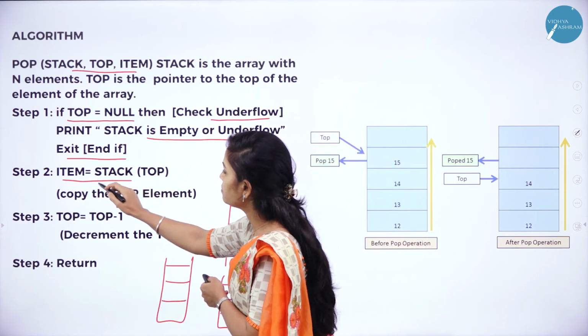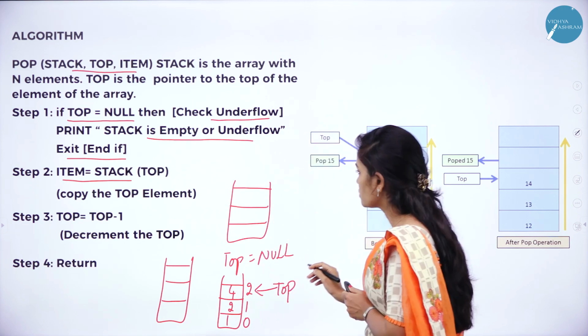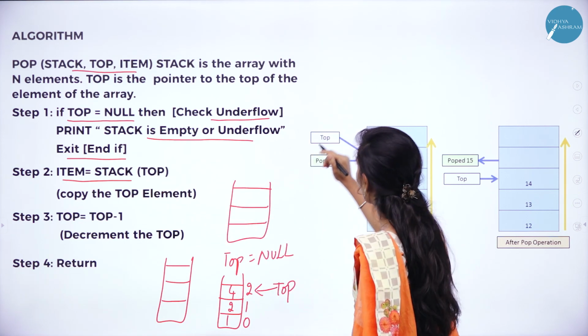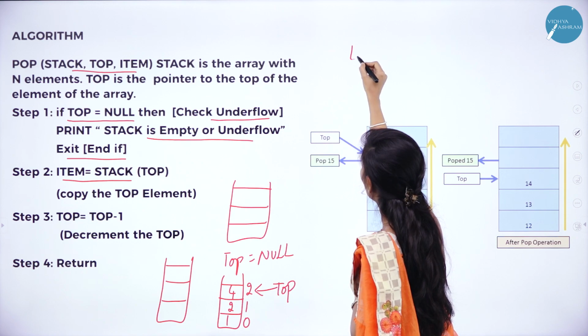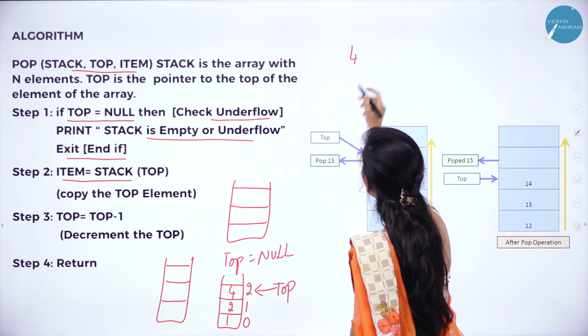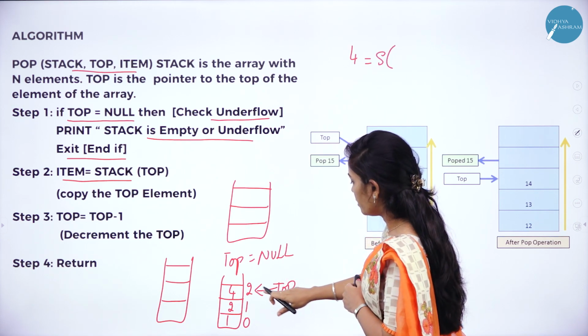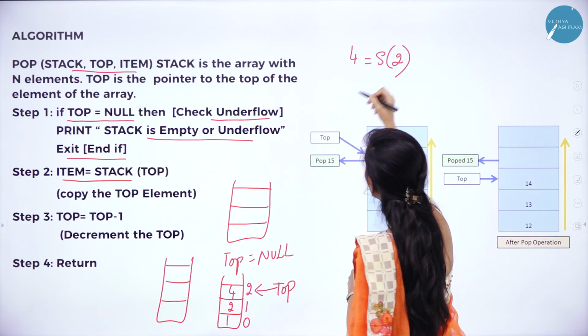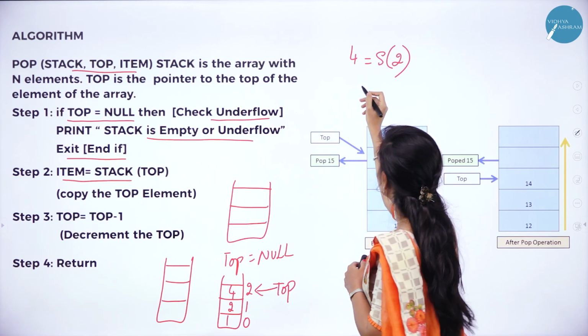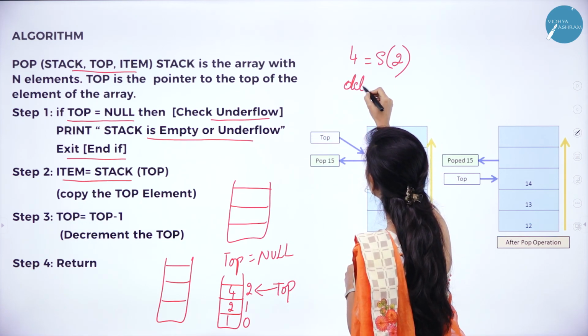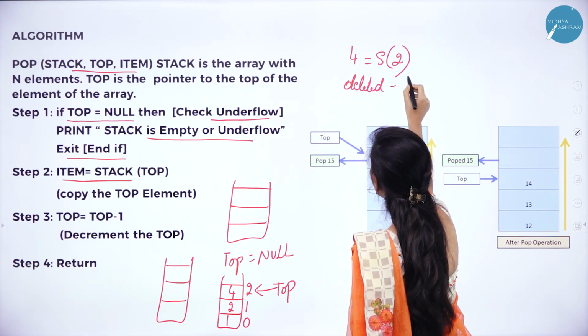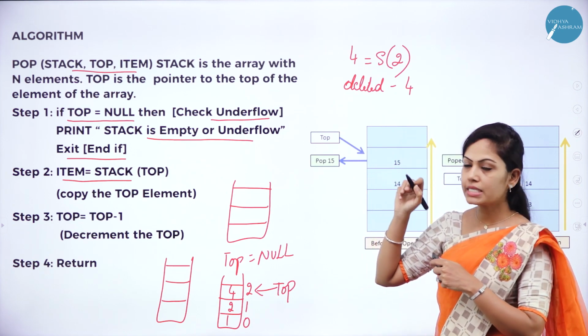So use item = stack[top]. The item which we are going to remove is 4, equal to stack[top]. The top value is 2. After using this condition, the deleted item is 4. Delete this item 4